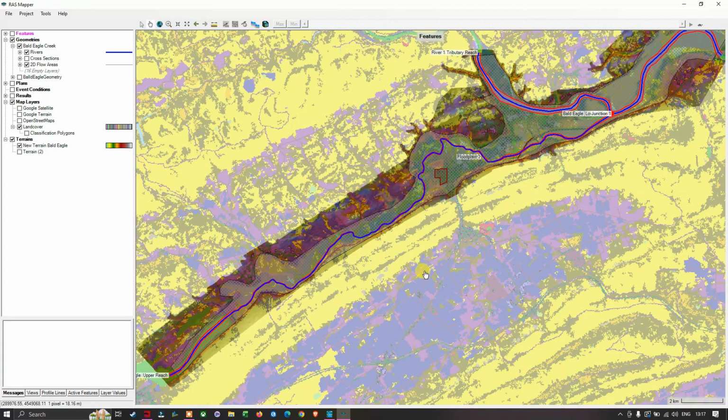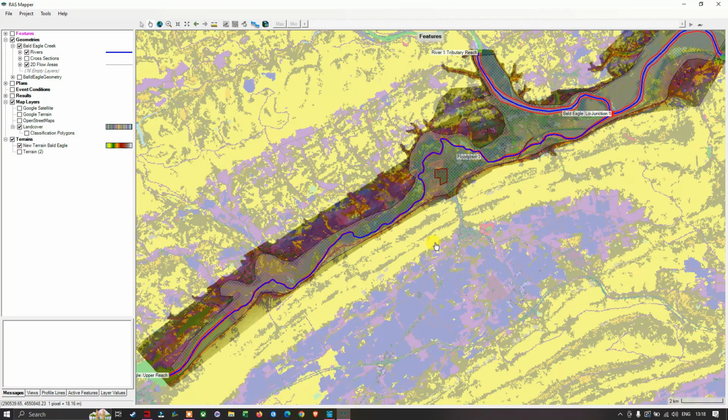Rather than going in and actually changing the base land cover layer, you can create a calibration region where you can adjust the Manning's n value according to the particulars of the given scenario that you're going to run. So we have the base Manning's n value in this land cover layer, but let's add a